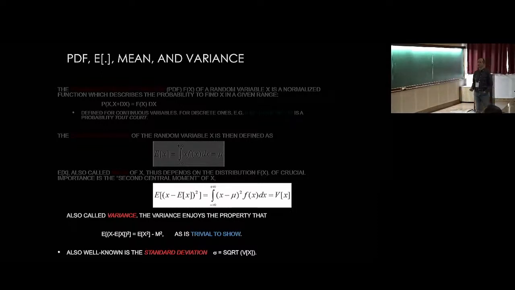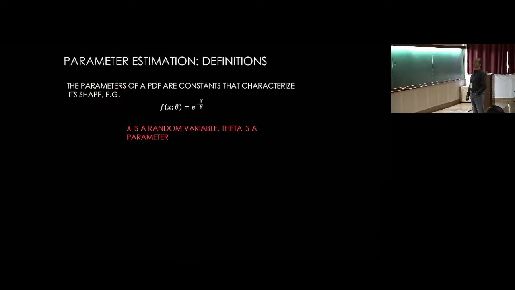Also well known is the standard deviation. The standard deviation is the square root of the variance. And this is our bread and butter. We always use the standard deviation colloquially to brag about how small our intervals are. We say, oh, but my standard deviation is smaller than yours. Okay, one case when we don't brag about things being bigger, but smaller. Parameter estimation. So you want a big car and a small interval, right?